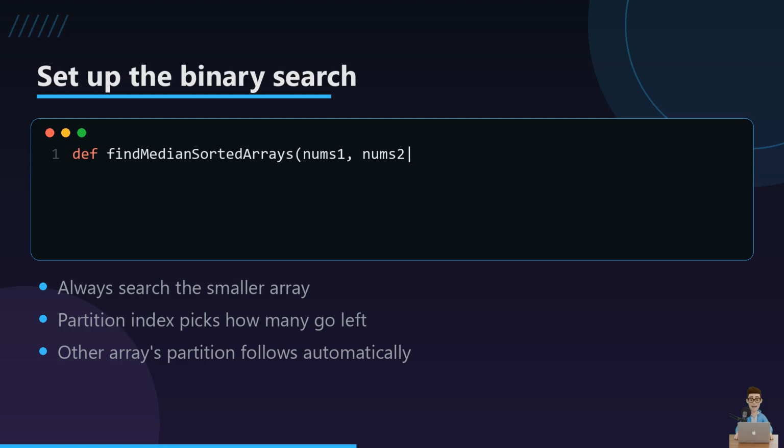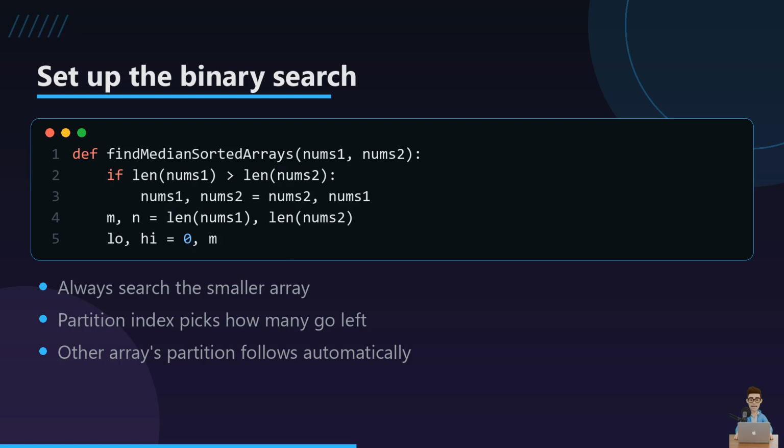We swap so nums1 is always the shorter array, which keeps our search space small. We binary search over how many elements of nums1 go into the left half, called the partition. Once we pick that number, the partition of nums2 is forced because the left half always needs exactly half the